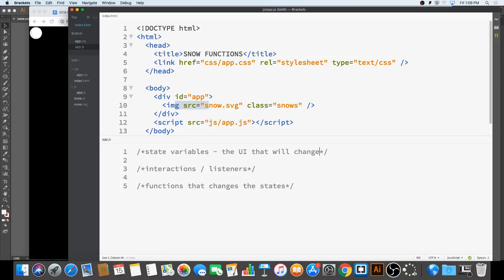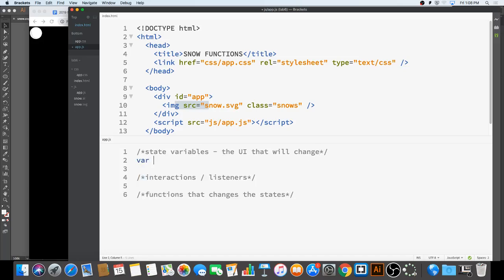So your UI is always built in the beginning with HTML and CSS. That's your initial UI. Which UI is going to change when we click on it right now? Our very first one. The snow. So if you know that UI, that user interface is going to change, then that's one of your state variables, because you're going to change the state of that variable. So var snow is equal to